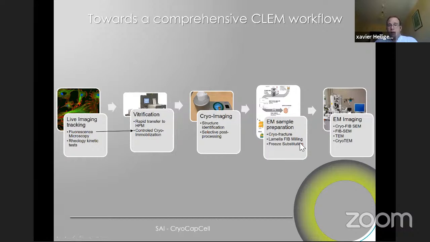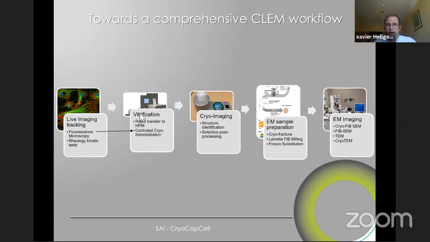And then we have the EM sample preparation. So the cryofracture, cryo-FIB lamella, freeze substitution, whichever technique you want to use. And this is very wide open. There are as many EM sample techniques as you have fluorescence imaging techniques. It's very broad nowadays. It's no longer just single technologies. And then the EM technology per se, where you can do FIB-SEM, cryo-FIB-SEM, TEM, scanning block face imaging, you name it. There are so many ways. So the idea is, where do you want to do your next step of imaging?